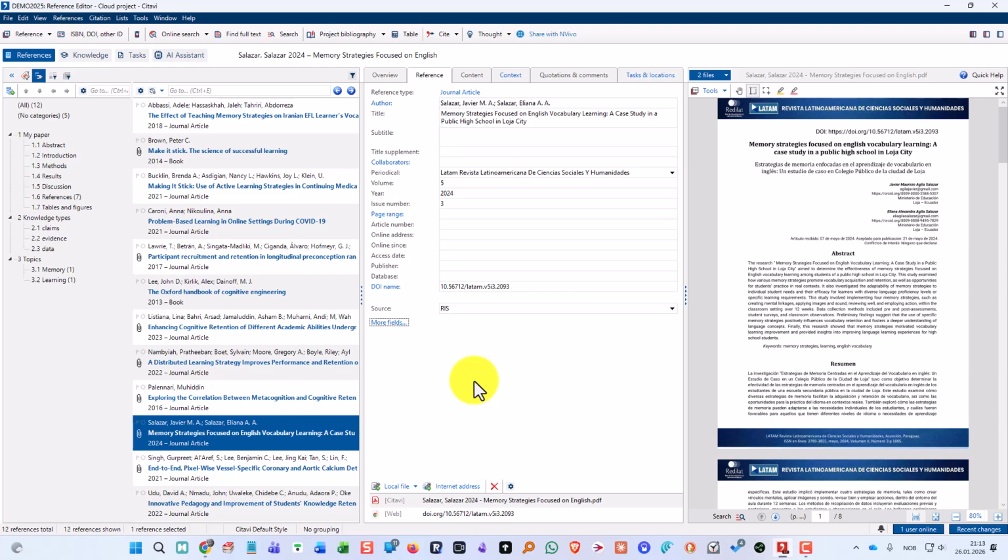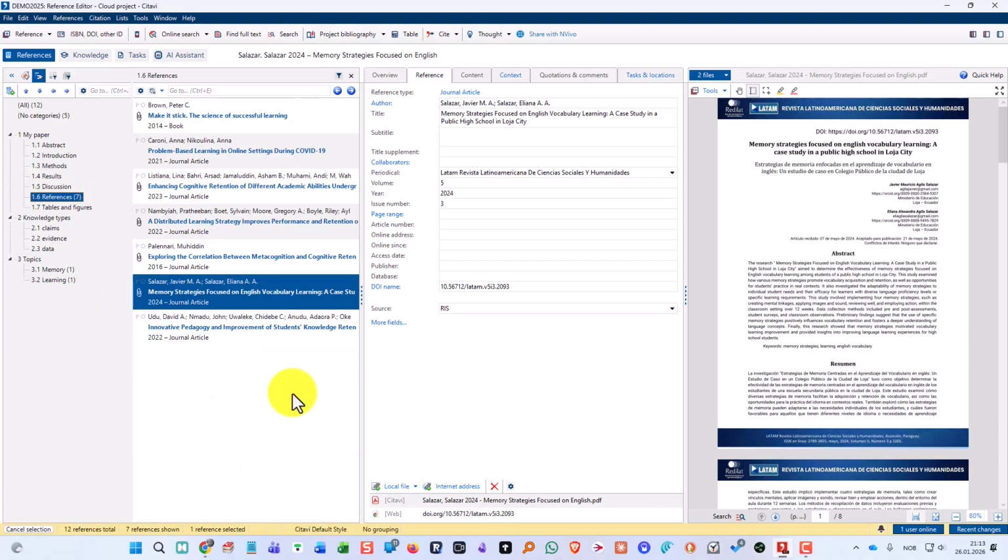So typically the first thing you do is select the references you want to include in your Excel export. And you can do this by searching, filtering by group or keyword or category. And as you can see in my knowledge management here on the left, if I click the category references here, I have 7 references here, and I will export these to Excel. To do this, I click the table button